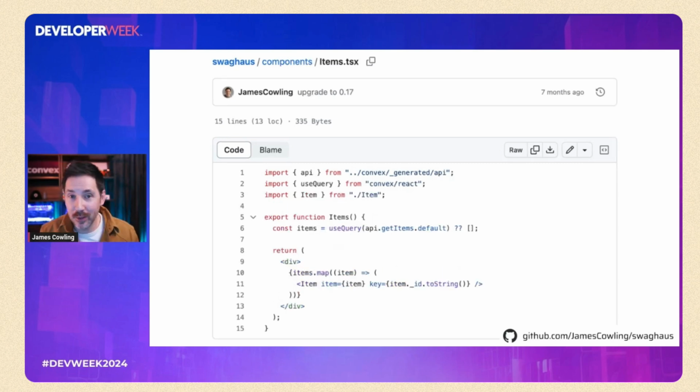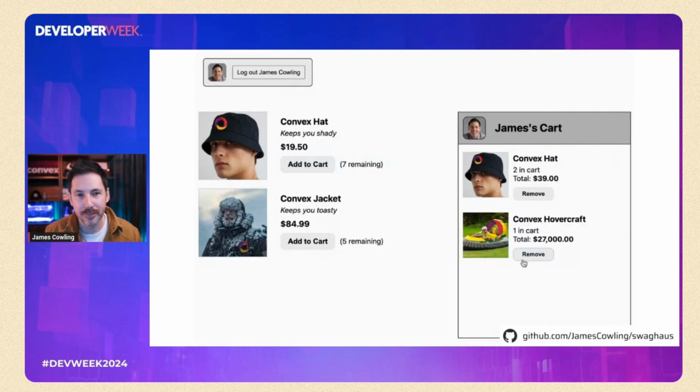And this is the real React component that renders the dynamic items list. And this is the real code. You can go search on this in GitHub. I've got the link down there in the bottom right. And again, the main line of code here is really just line 6. It says, take the query that gives me the shopping cart items, store it in the state variable called items, and then anytime that state variable changes, React will automatically re-render that component.